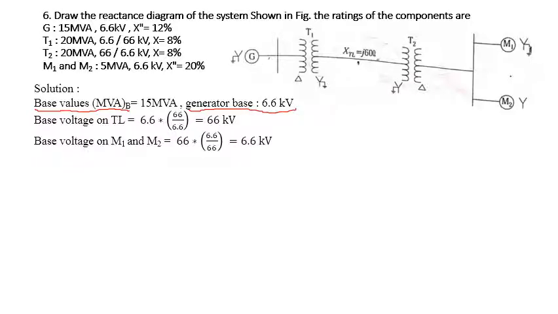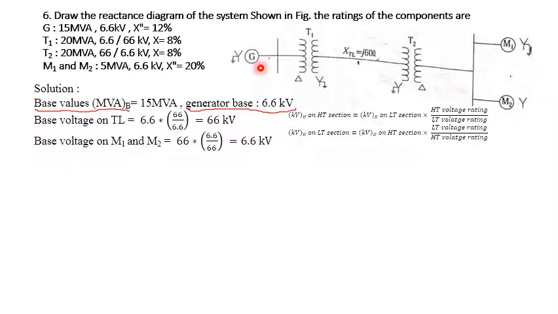This MVA will remain the same for the entire network. This value remains the same for the generator. So this is how we are going to make it. Once I got it, do not look into the values, it is not about that. You have to see the steps we are following to make it.